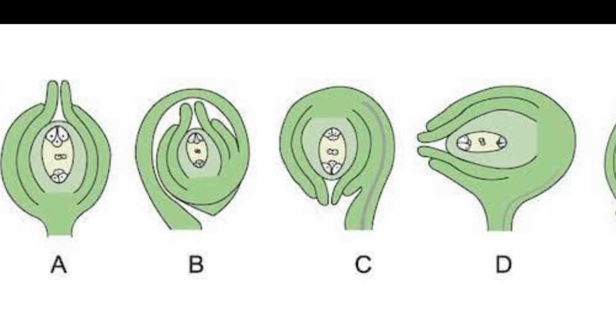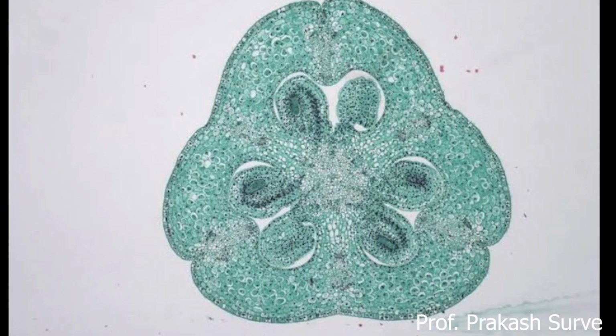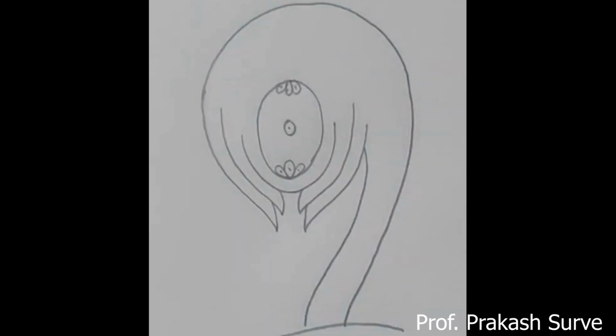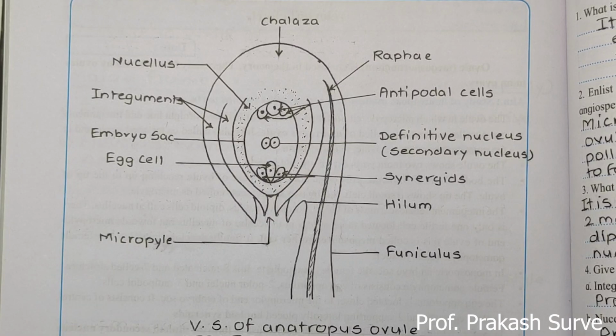What you have to learn is here in your textbook. Here you can observe a permanent slide, a transverse section, inside which you can observe the ovule. Now here a more enlarged part of the permanent slide is there. This may be there in the exam time, or some photograph like that. Here you have to identify and write about the parts of the same.